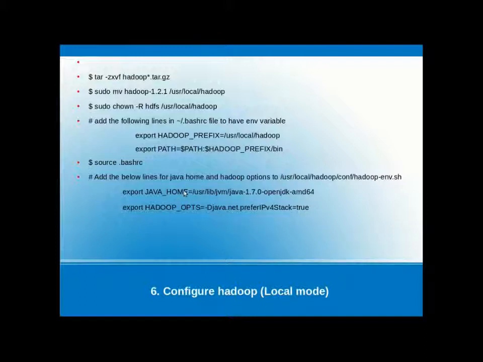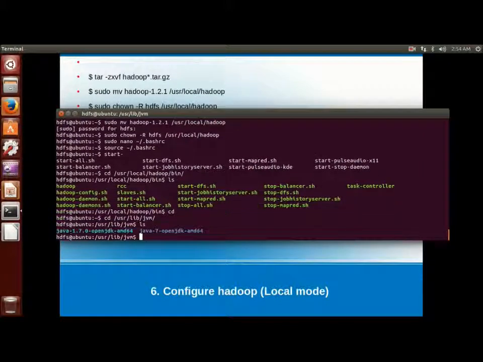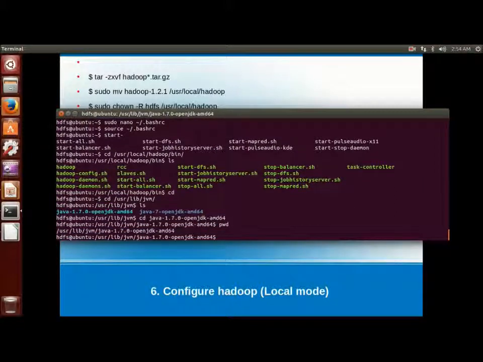Now we have to edit the hadoop-env.sh file to point to our JDK, the VM's JDK or JVM. JAVA_HOME has to be updated in the hadoop-env.sh file, so that Hadoop will use this VM's Java to run the Hadoop software.